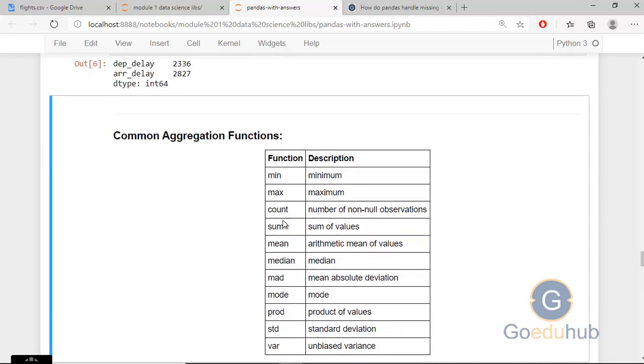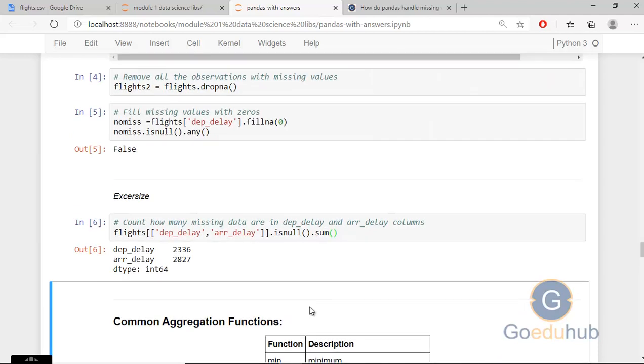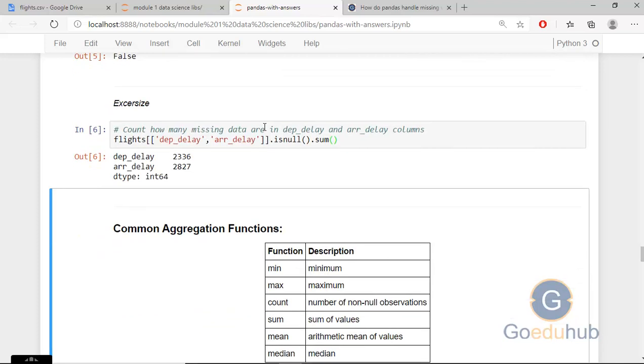We have some aggregation functions, and we can apply these functions over the data. You can practice more with this dataset. This flights dataset is a very big dataset, some MB in size. Basically, you can implement functions like dropna, fillna, isnull, notnull, and check the different outputs. Okay? So like this, pandas handles the missing values. We can eliminate all the missing values from the rows as well as from particular columns.